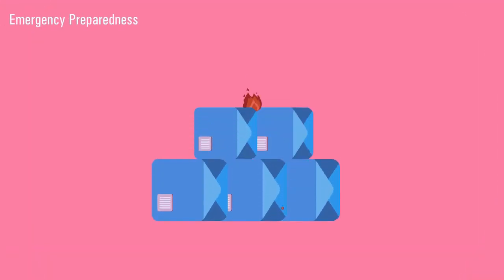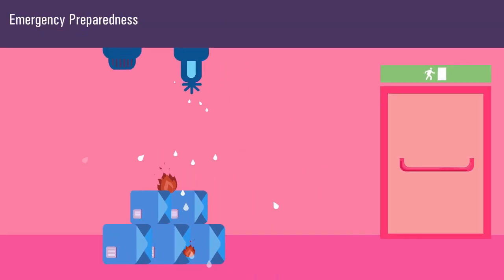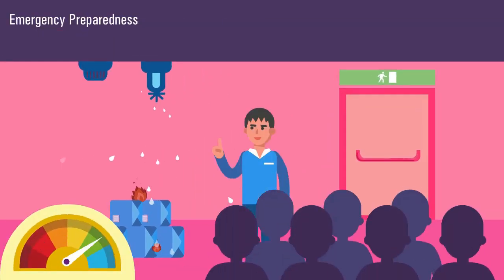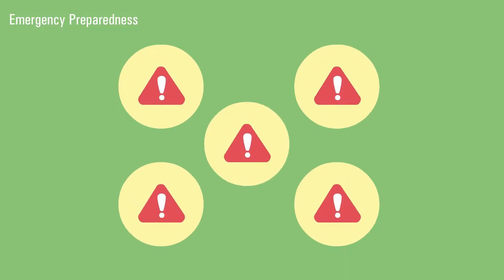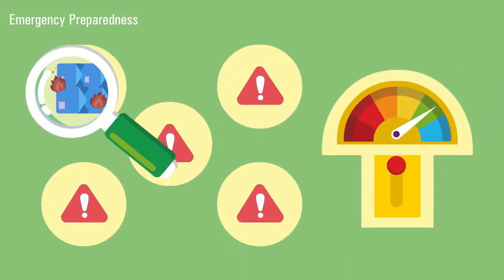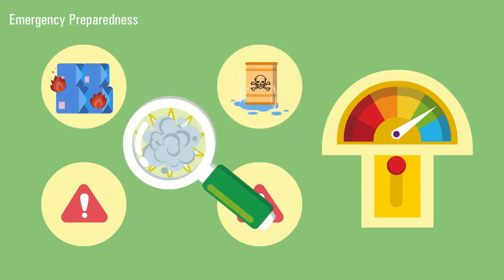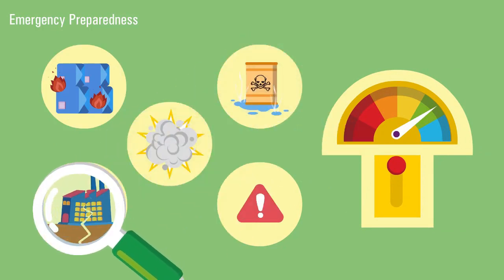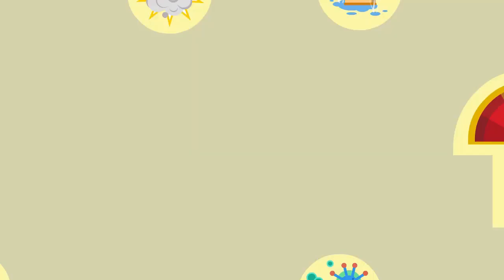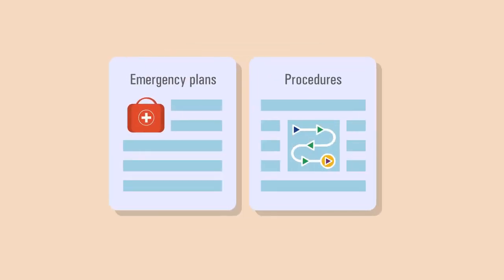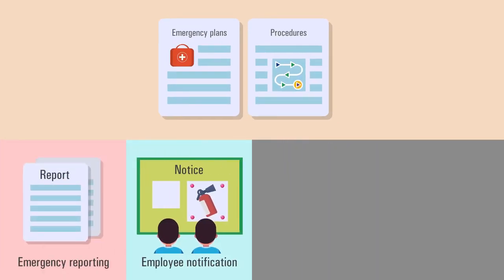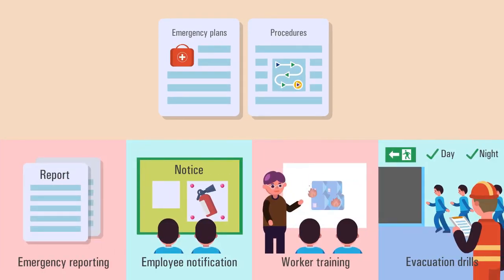Emergencies can happen at any time. By preparing your facility and employees for such events, you can minimize the risk of injuries. Identify possible emergency situations and assess the risk: fire emergencies, chemical spills, explosions, earthquakes, and contagious disease risks. Reduce the risk by developing emergency plans and response procedures, including emergency reporting, employee notification, worker training, and evacuation drills,